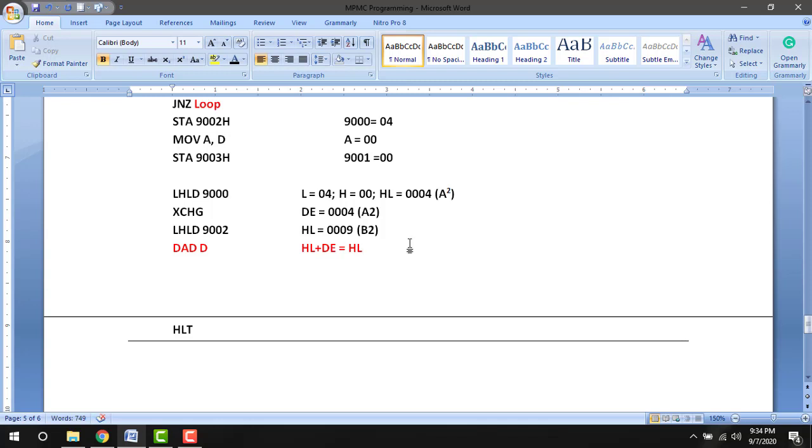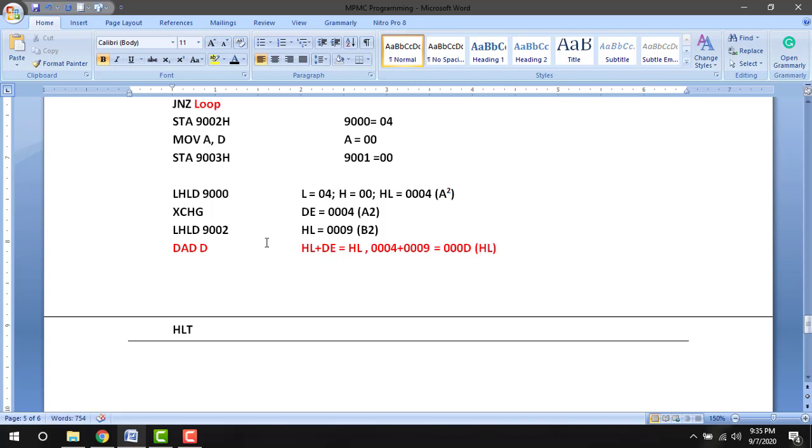So 0004 and 0009 are added and the answer is available. What is the answer? 000D, which is available in HL pair.